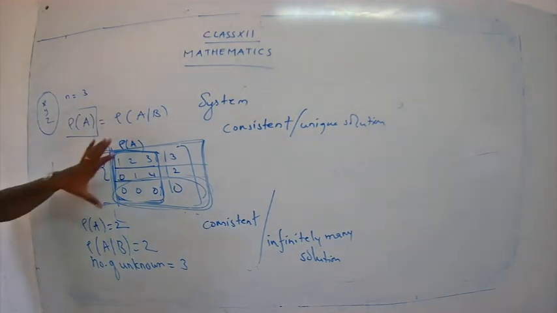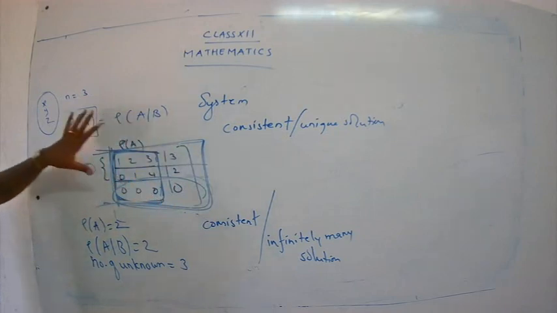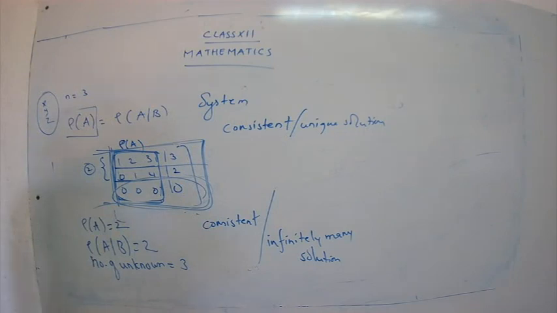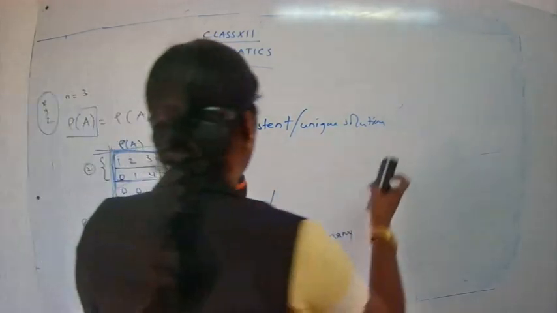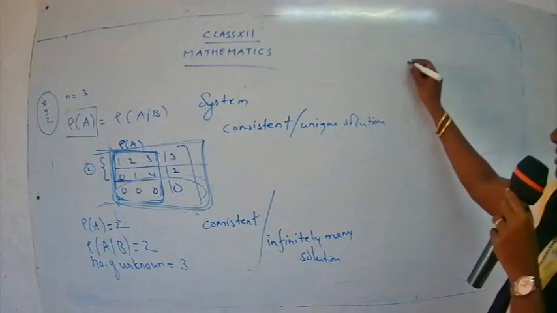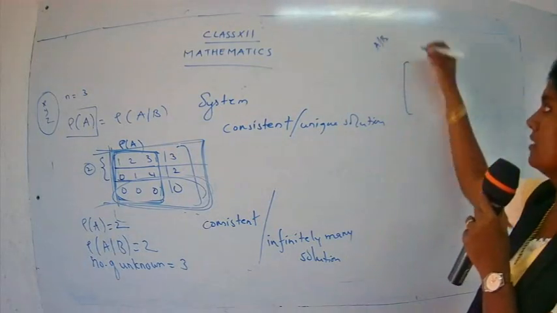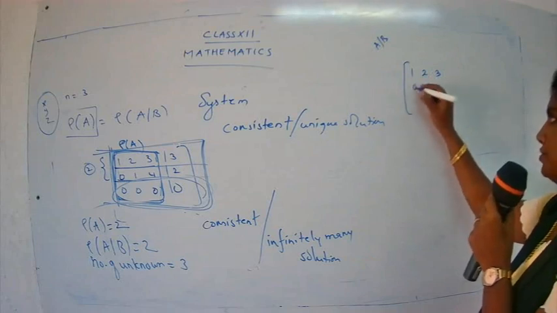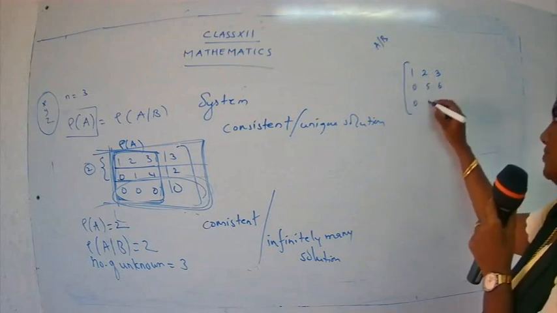So at present, just think of consistent and unique solution if all three are the same, and if the ranks are the same and the number of unknowns differs, you have to say the system is consistent but it has infinitely many solutions. Okay, now let's come back to another step. Let's have one more way of choosing the matrix, and let's find the third point. Suppose I have an augmented matrix as 1, 2, 3, 4, 5, 6. I'll put here 0, 0, 5, 6, 0, 0.